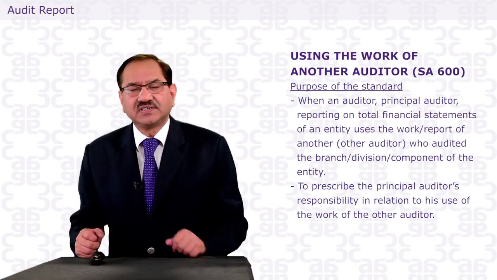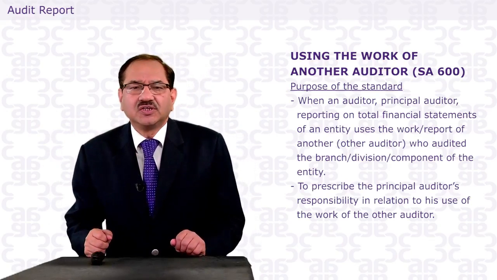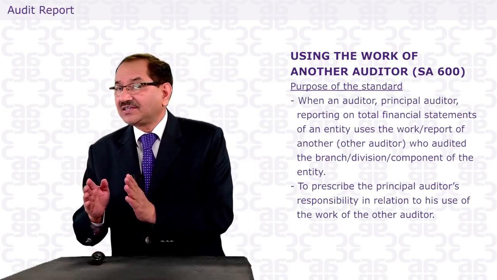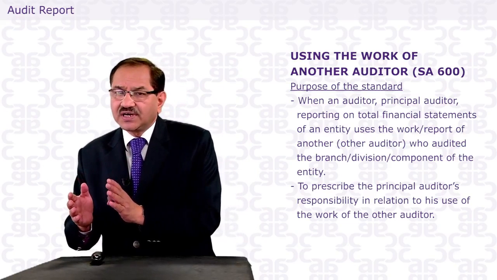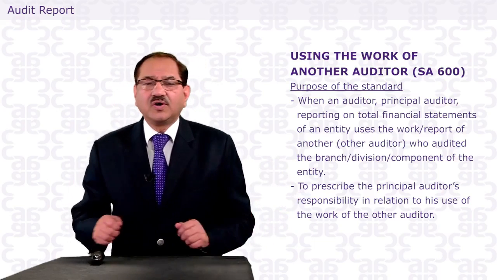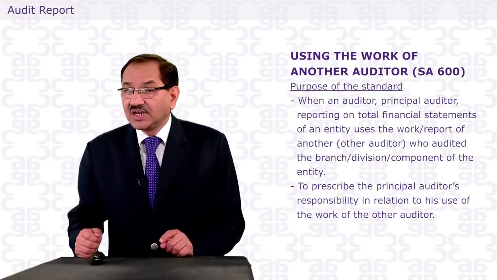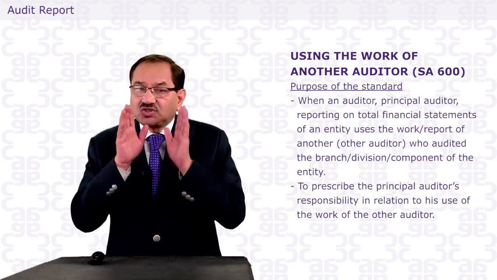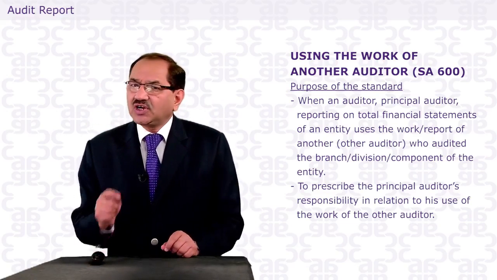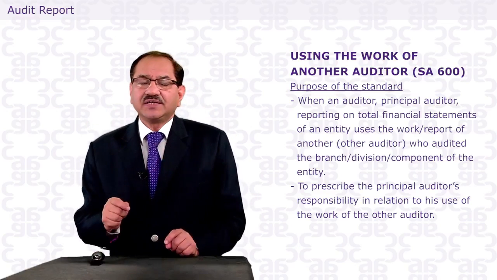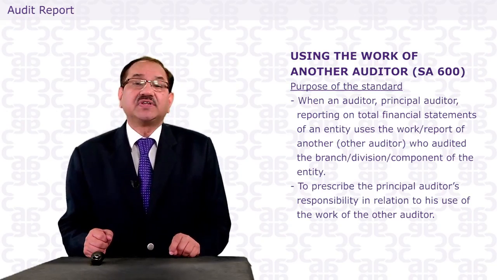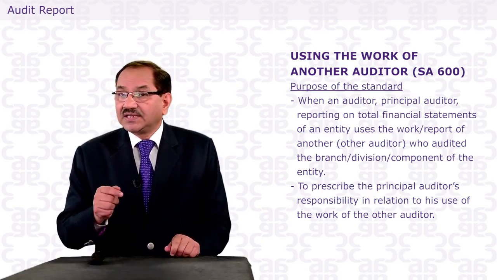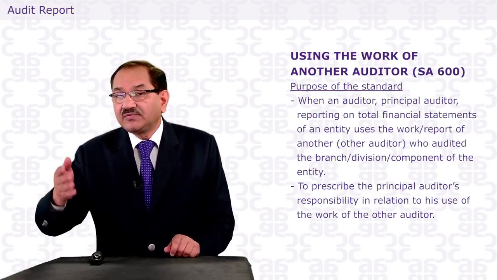Suppose they are X, Y, Z. The holding company's name is A Limited. So the X, Y, Z auditors may be called component auditors. Those component auditors are reporting to the holding company's auditors, A Limited's auditors, and the entity in this case is the consolidated entity. It's not A Limited as a separate entity, but a consolidated entity. So that may be the component of the entity, when the entity has different components in the form of subsidiaries.